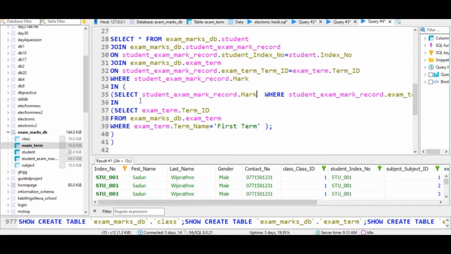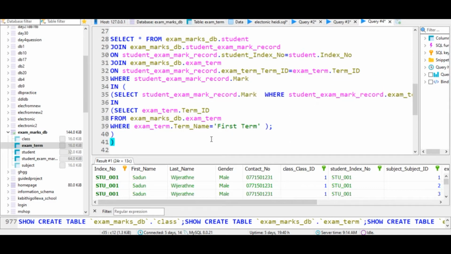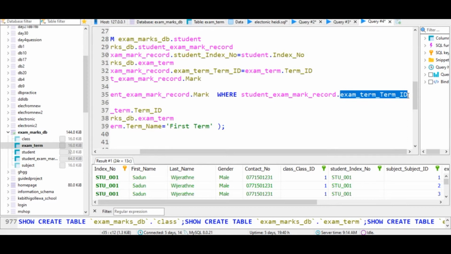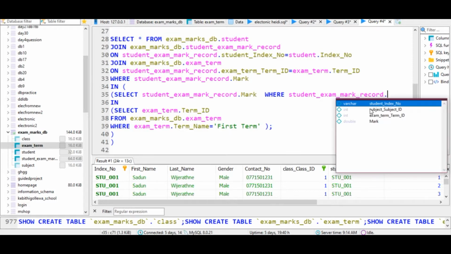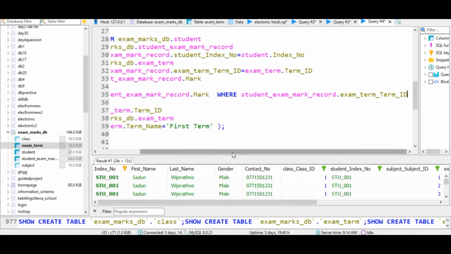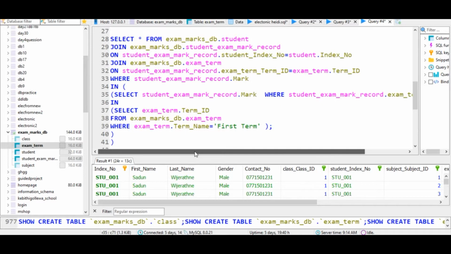So where the student mark, get the mark from the student mark record table, where, there's a little issue. You have to change this to term ID, or exam term ID. Exam term ID. So get the marks for the exam term ID